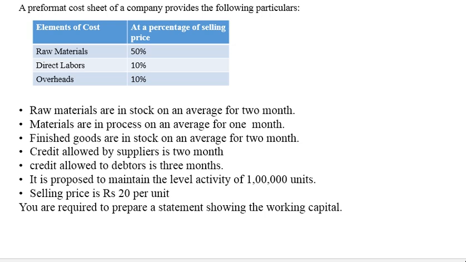Okay, so these are the information given. You have to prepare first a working note. Why are we preparing a working note here? Because the cost per unit is not given in the problem. They have given percentage, so convert that percentage into rupees. And one more thing is finished goods and debtors are valued at cost of production and cost of sale. So here in the working note itself we will calculate what is the cost of production and cost of sale. Okay, so that is the working note, next we will go for the solution.